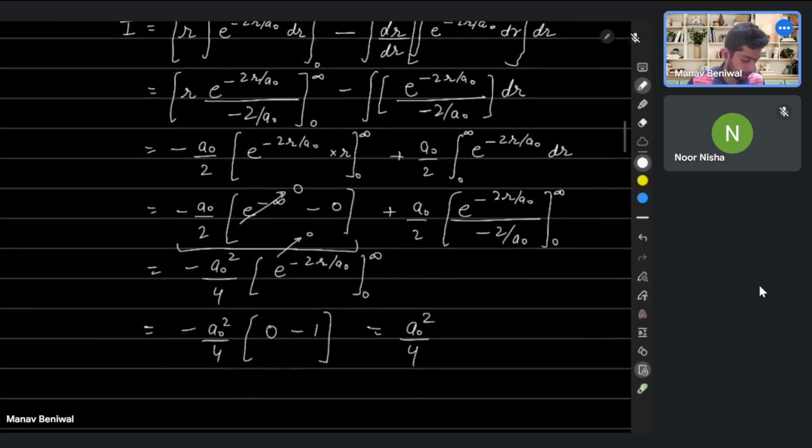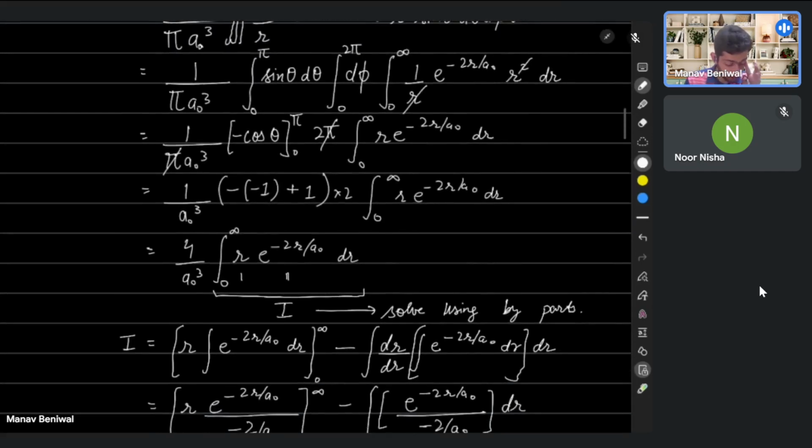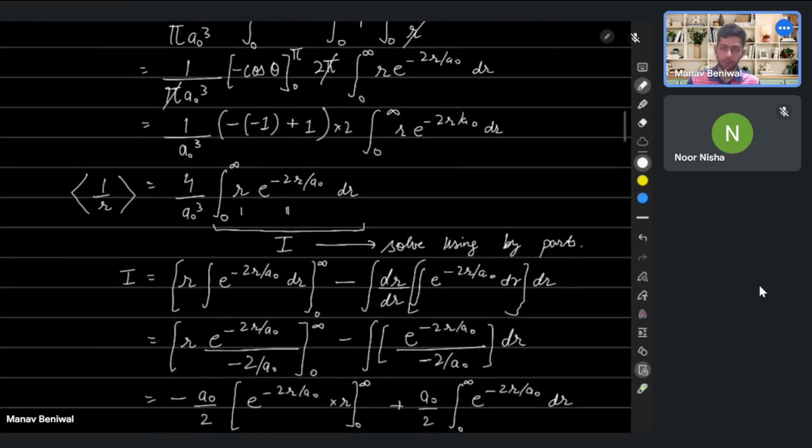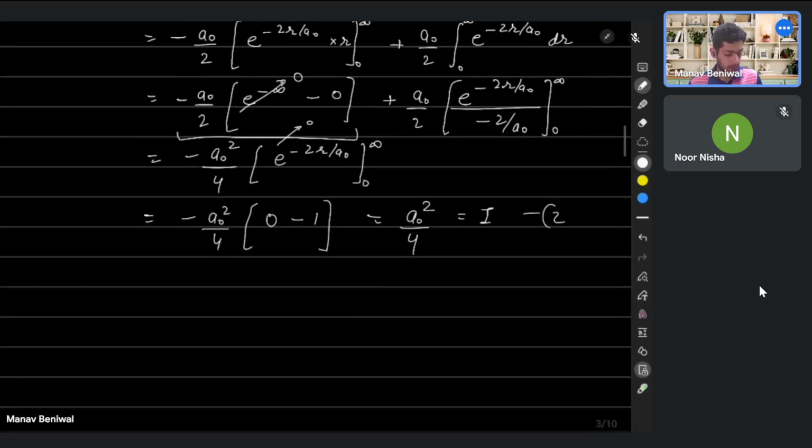We are calculating I, correct? And this was our expectation value of 1 by r. So now we will just substitute. Let's say this is equation 1, and in equation 1 we will substitute the value of I. So using equation 2 in equation 1, we get